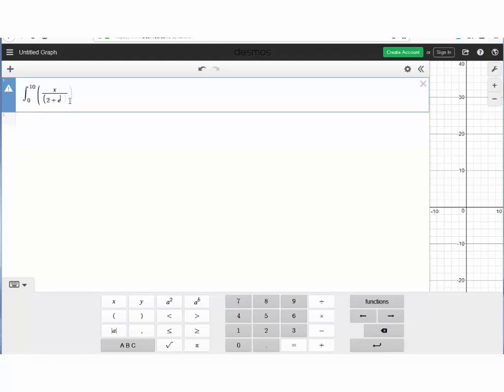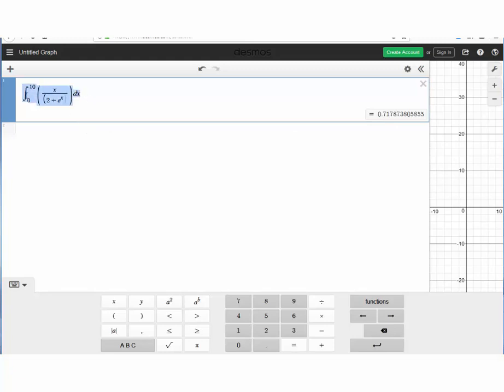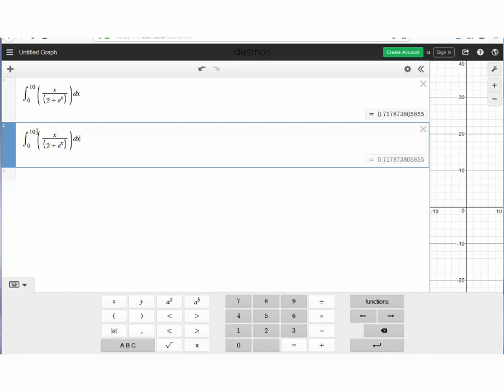What was the function here? So this, then the value turns out to be 0.7178738. All right, and we can just go on taking larger and larger integrals until we see the values